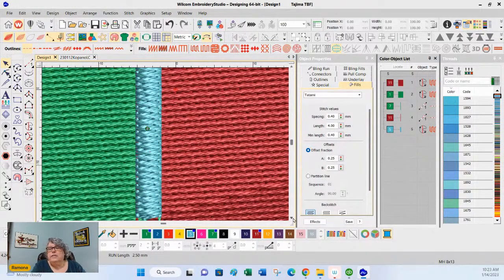That distortion is going to show up in ripples. It's going to show up as puckering. And depending on how heavy the density is and what the fabric is, it could actually curl and cup your design file on the fabric.